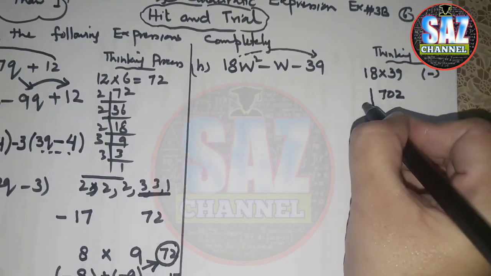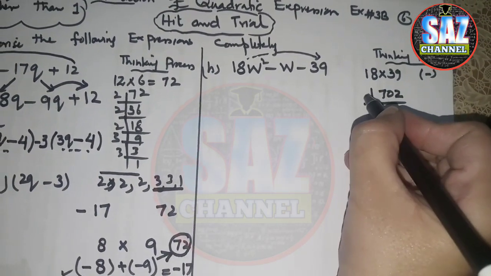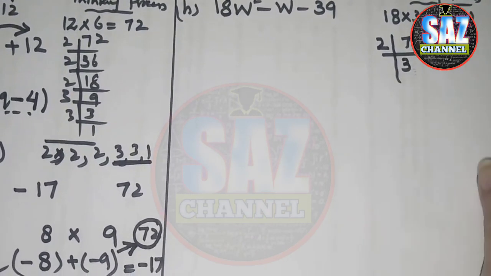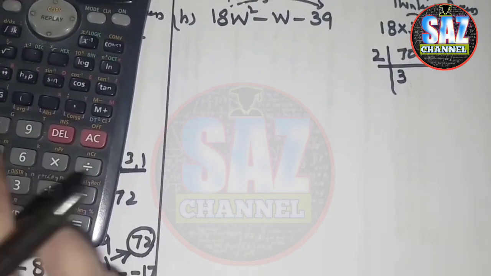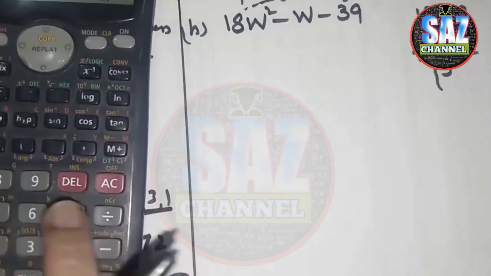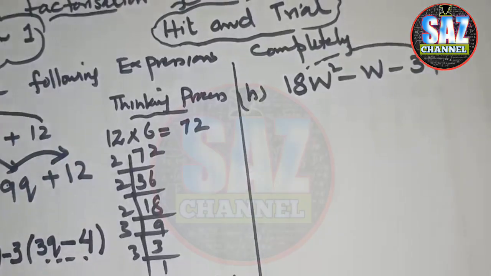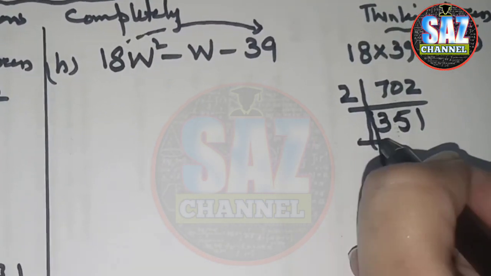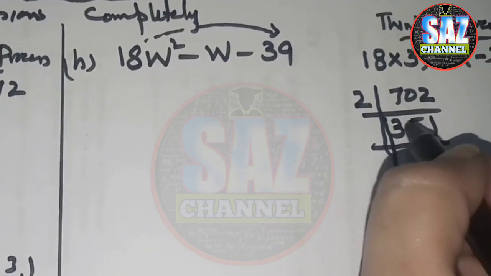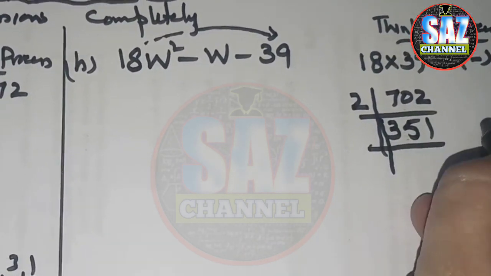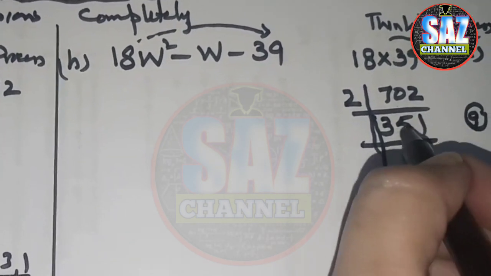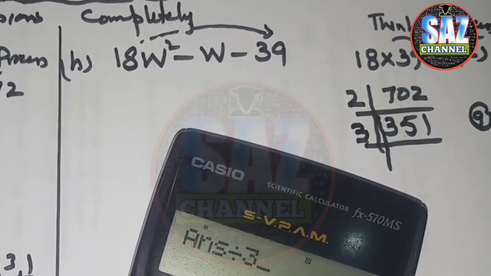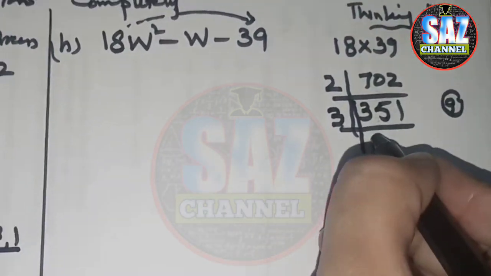Let's make the prime factors quickly. The last number is 2, so the suitable divisor will be 2. 2 how many times 702? Let's divide it with a calculator. 702 divided by 2 gives me 351. Now which one will be the suitable divisor? 5 plus 3, 8 plus 1, 9. As the sum of the digits is 9, the number can be easily divided by 3. 3 how many times is 351? This will give me 117.